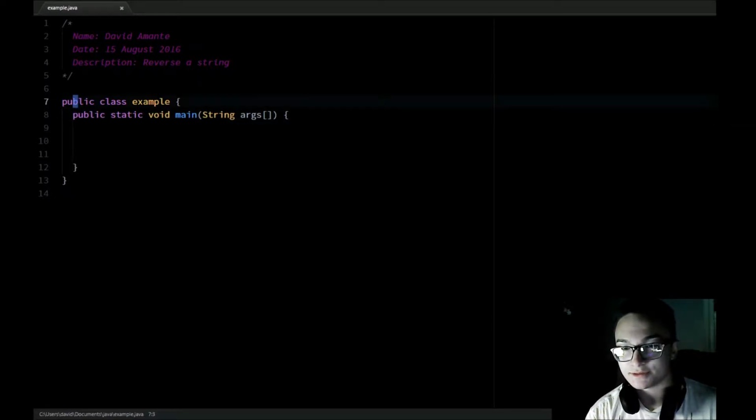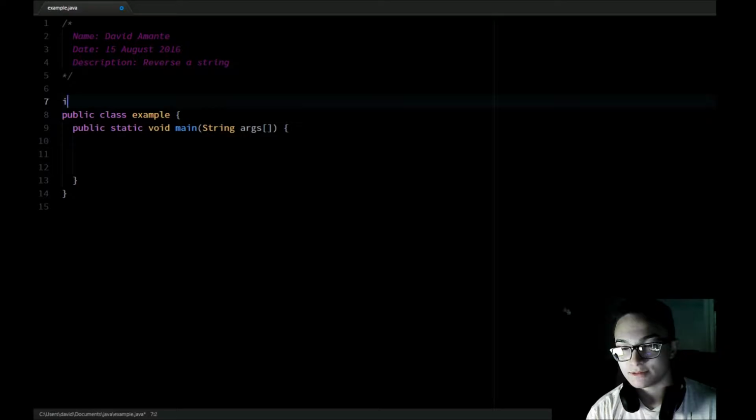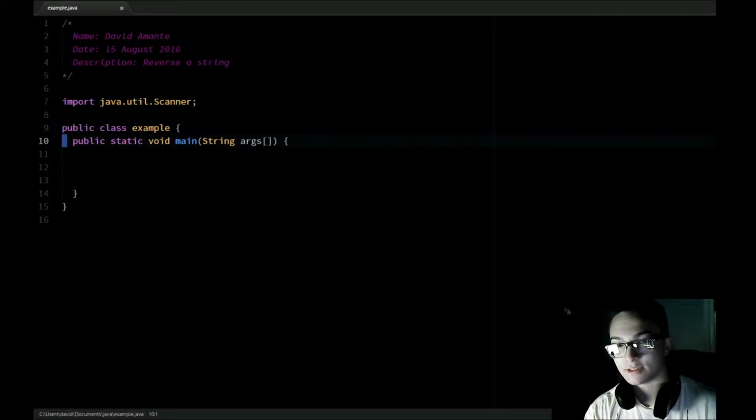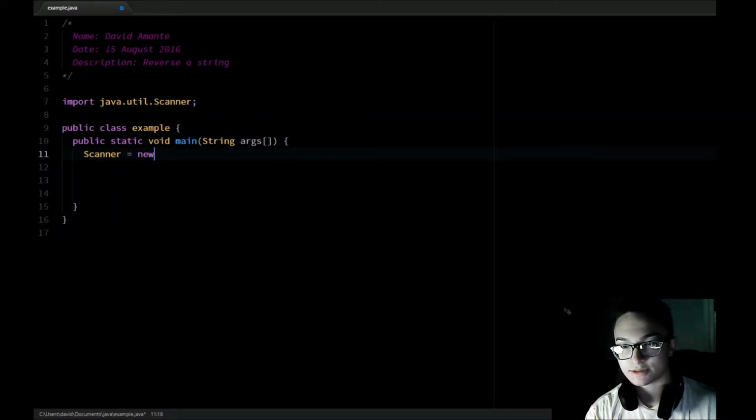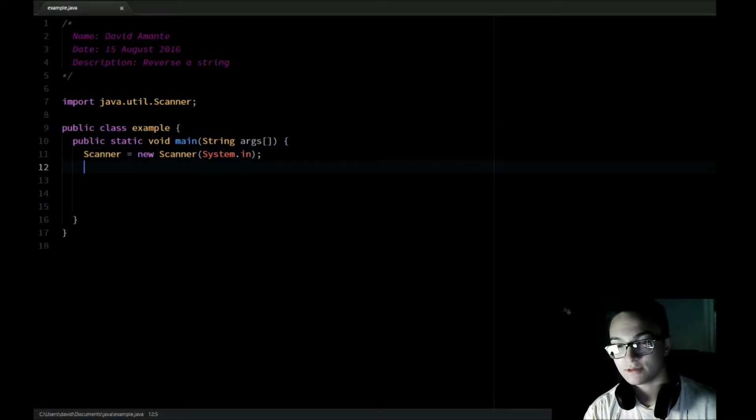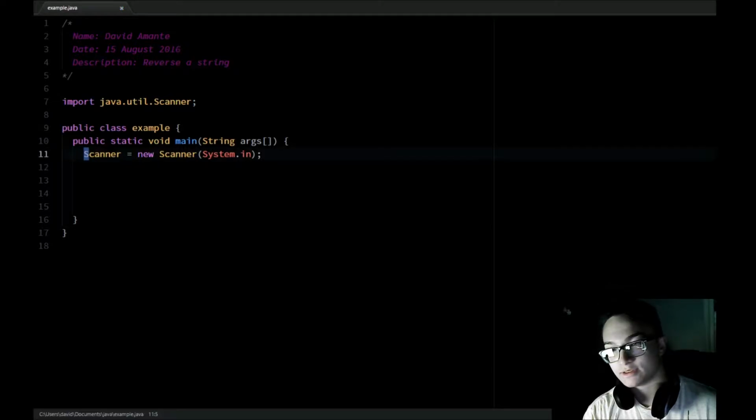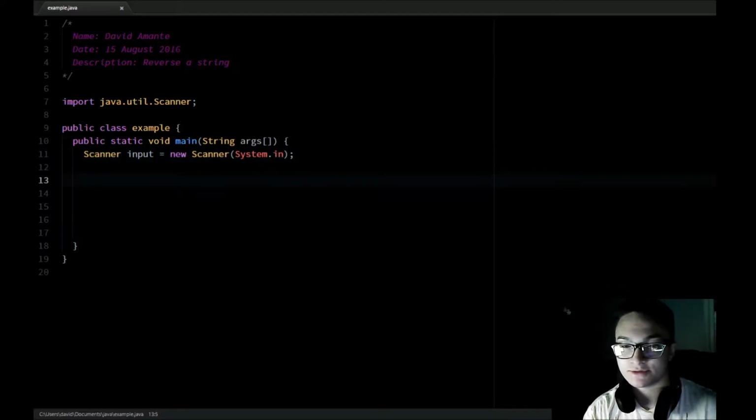So we need to, let's ask the user for it. So we're going to do this, and we're going to do this, Scanner, System.in. I need to name the scanner, right? And then we're going to do